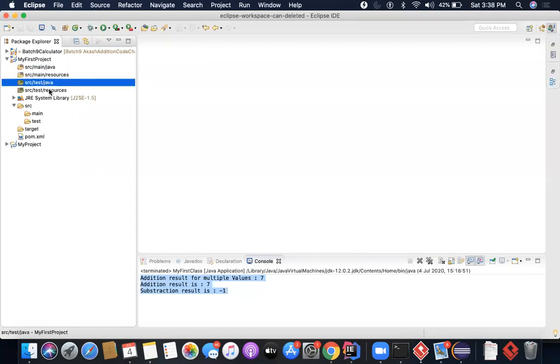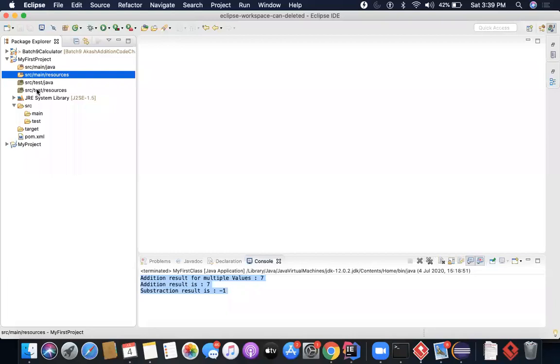Second thing, there is another folder structuring, which is resources. So we have a source. Inside source, we have two folders, main and test. And inside main and test, both of them, you will have two more folders called Java and resources. Now Java here indicates that the files which you're going to put here are all Java files. There are no text files or Excel files or feature files or anything. It has to be a Java file. In the resources, you keep text files, Excel files, feature files, configuration files, property files, anything which is not a Java file.